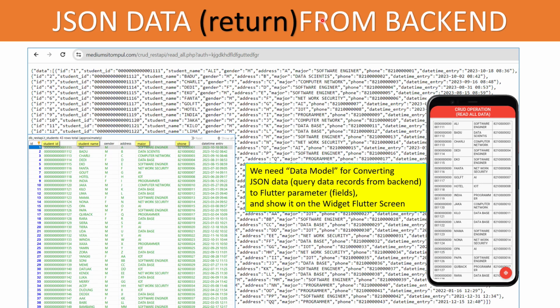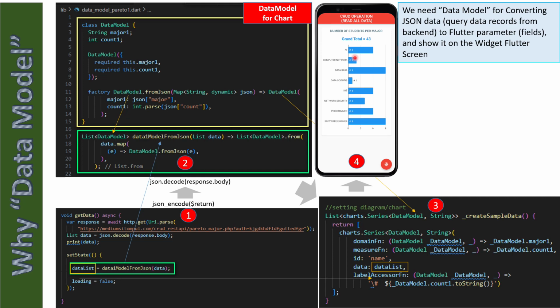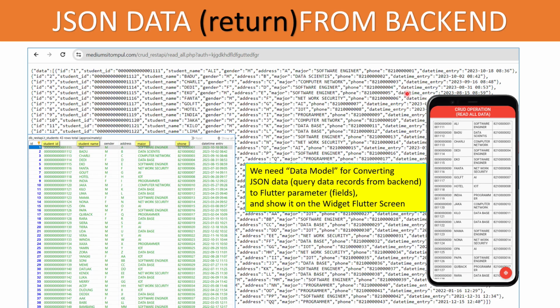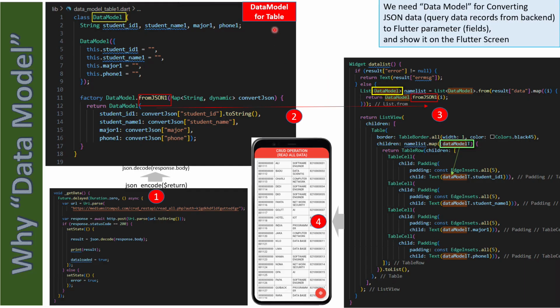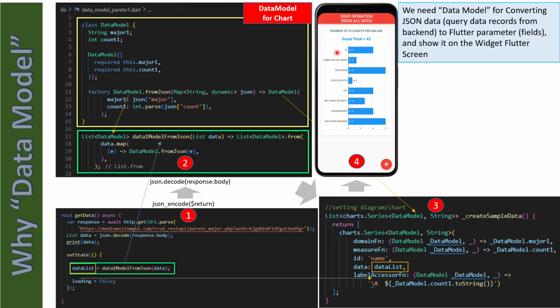Okay, before this, this is the data model for table. The result becomes a table, and in the previous project we had a data model for chart.